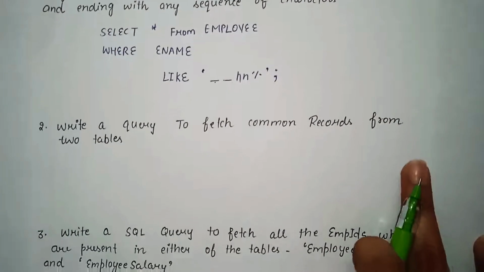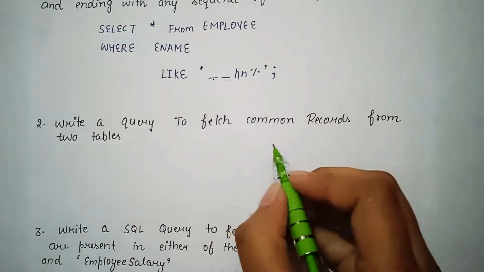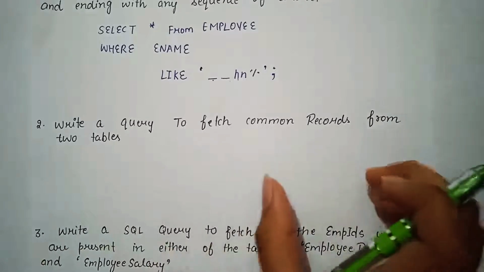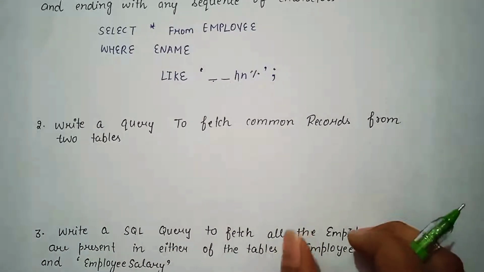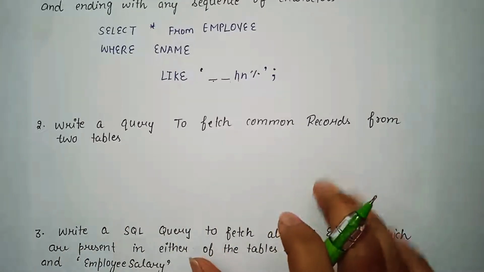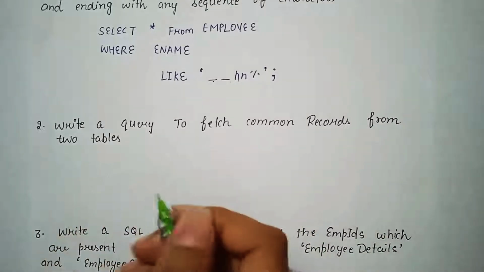Now let's see a second query. Okay, so the second question is, write a query to fetch common records from two tables. Okay, so we have two tables and we want to fetch only the records that are present in both the two tables. So in order to solve this query, we're going to make use of an intersection operation, the intersect operator. Okay, so the query would be like